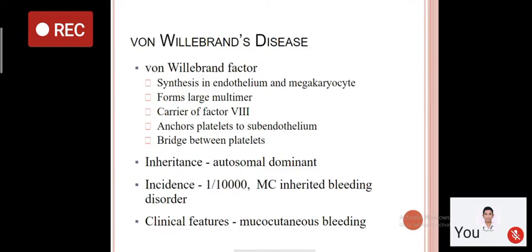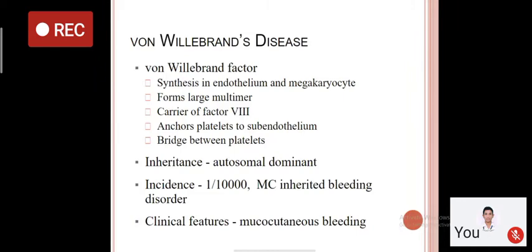And von Willebrand factor, as I've told you, is synthesized not only from the liver, it can be synthesized from the endothelium as well as the platelets. It circulates in the plasma in the form of large multimers, and it acts as a carrier of factor 8. So patients who are von Willebrand factor deficient can also present like hemophilia, because if they are deficient and factor 8 is not bound, factor 8 can undergo proteolysis within the serum, and the effective concentration of factor 8 can be low,